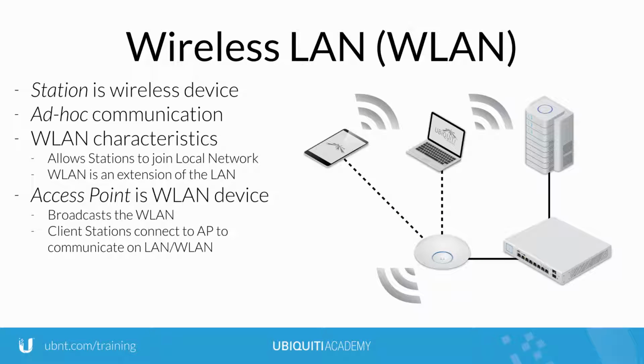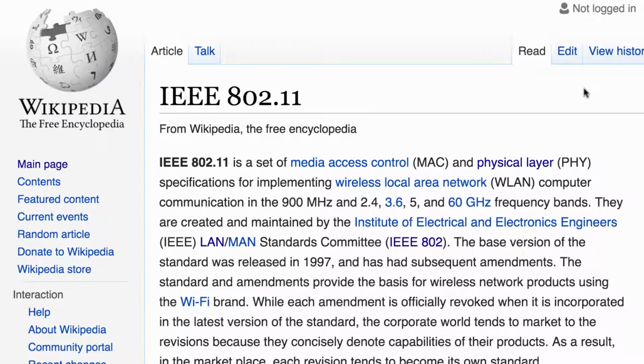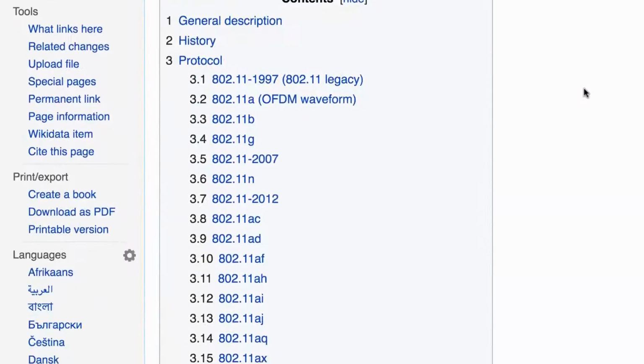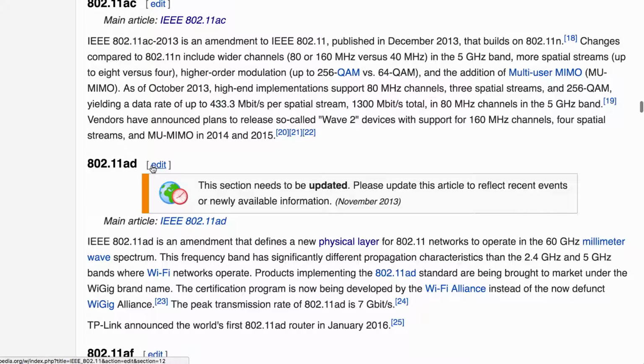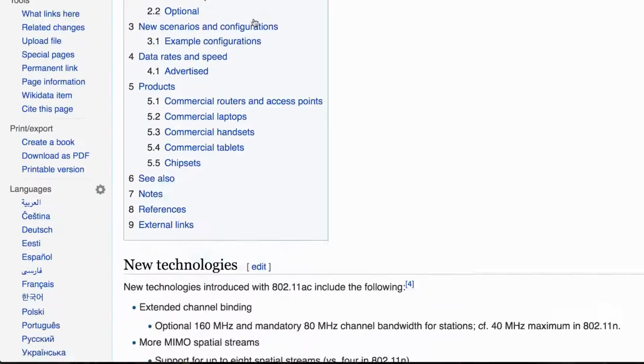Because stations connect to the access point to join the WLAN, access points also serve as a local segment. IEEE 802.11 describes wireless LAN technology standards such as 802.11r for fast roaming or 802.11ac, the fifth generation of